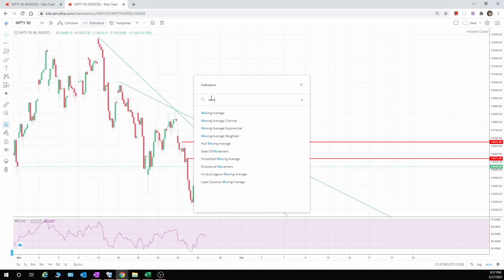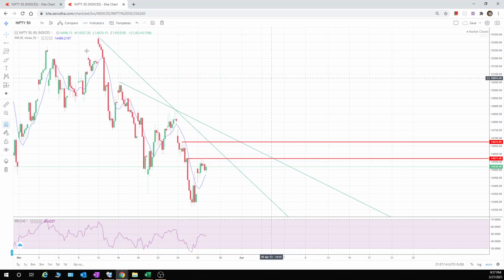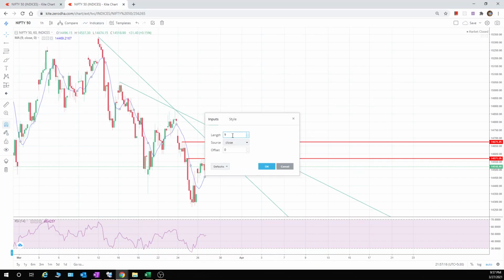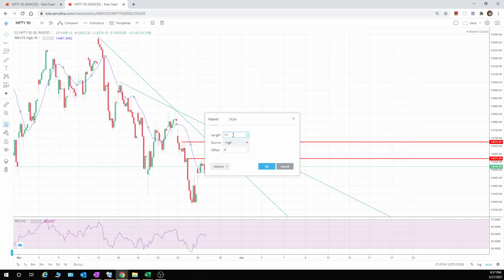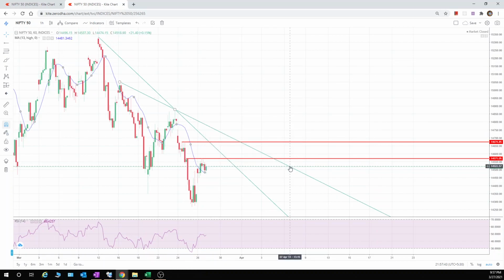Okay, if you see the 13 days moving average, let's see the high of the 13 days moving average. See, so still we are above the high of the 13 days moving average. Okay, so no need to be worried. So tomorrow if the market, Nifty, is going down, open gap down or something, unless it is going down below this 13 days average low, okay, no need to worry.